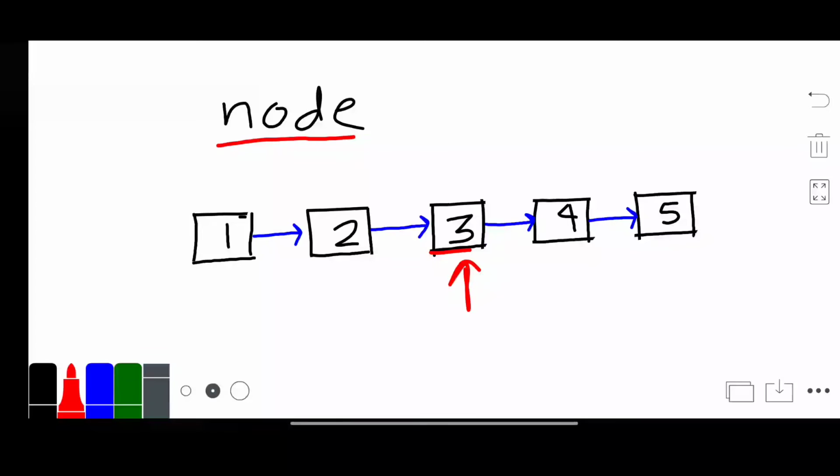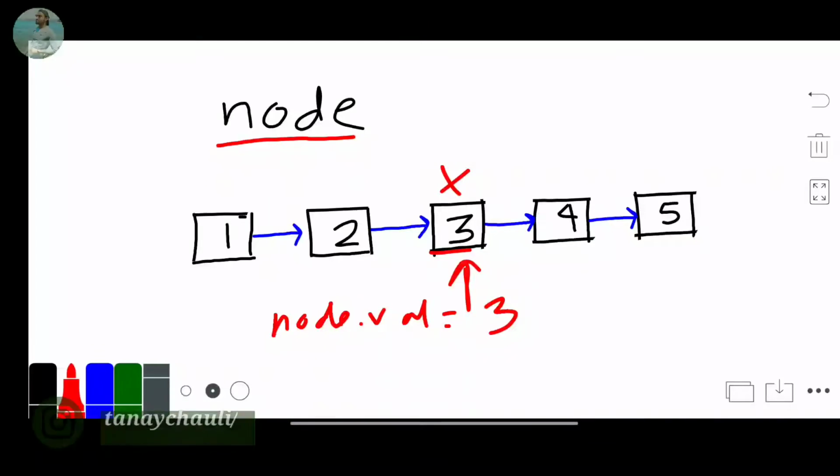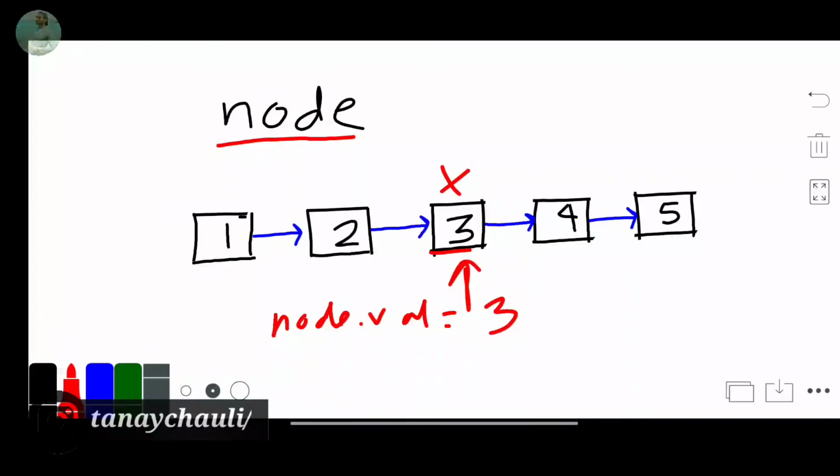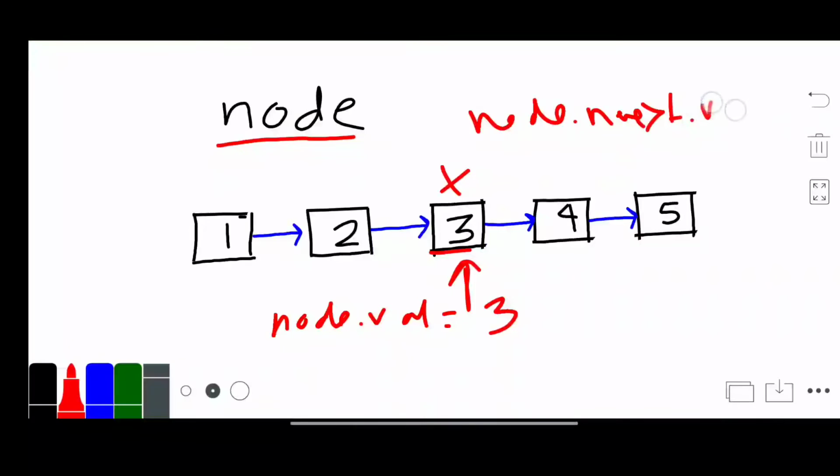Okay, so we check our node dot value. Our node dot value is 3, and we have to delete this node. What I will do is update this value with the next node's value. The next node's value is node dot next dot value, which is 4.